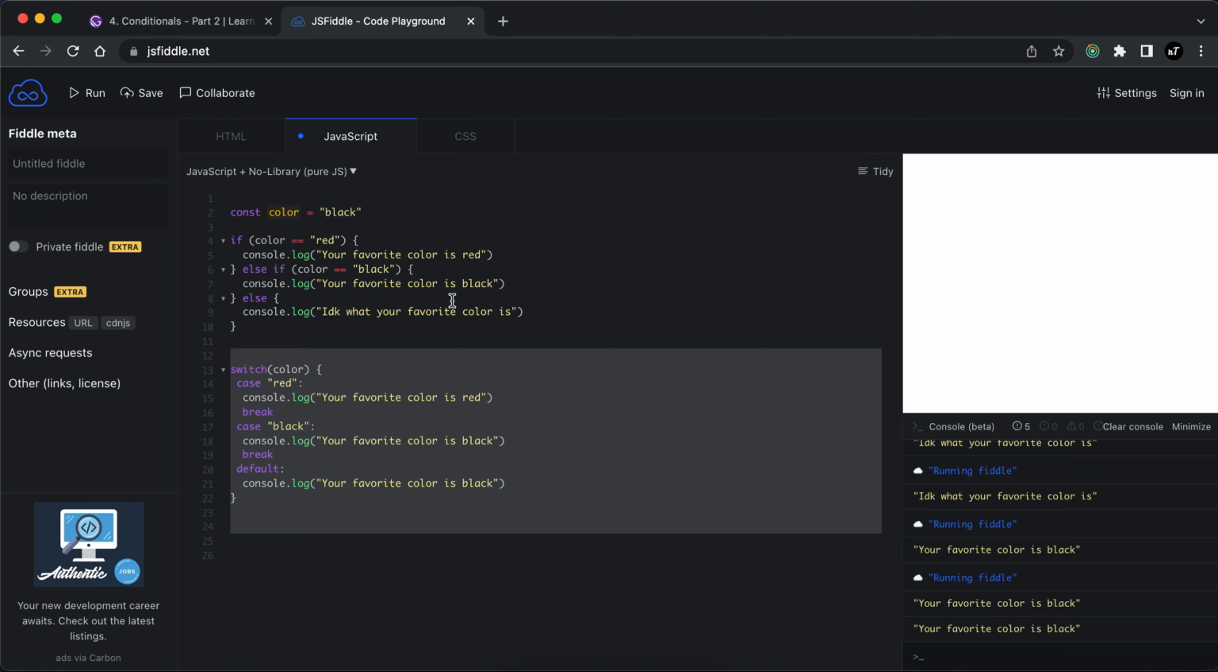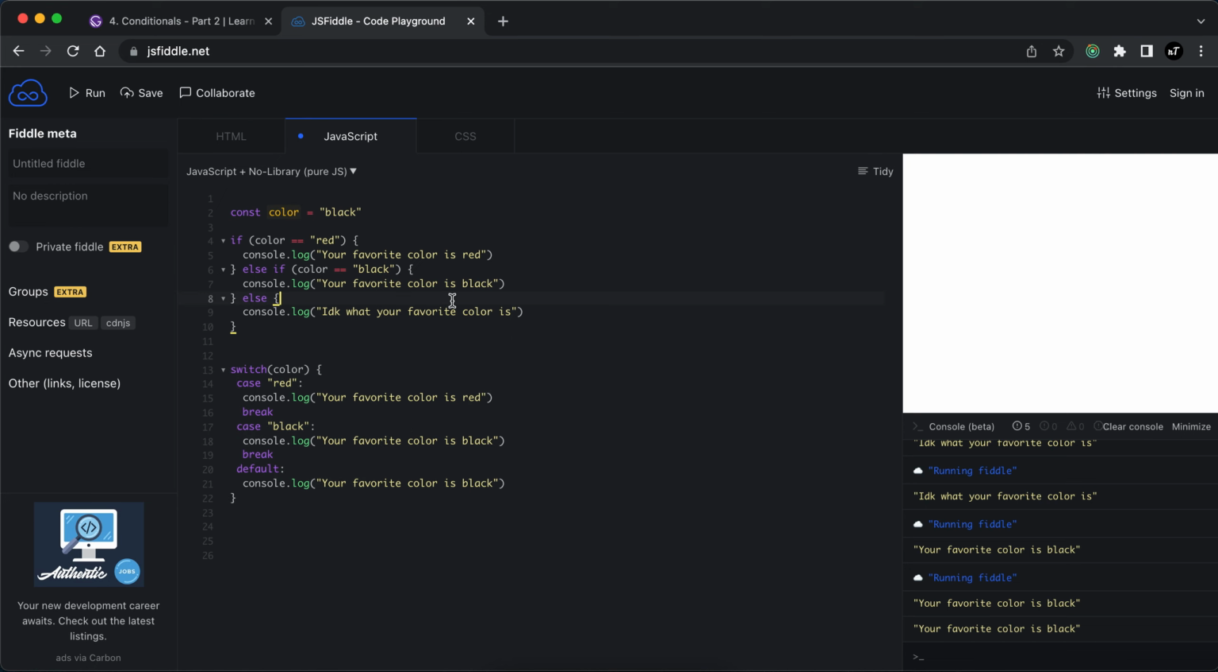One thing to note here is that you may have a question: what if we didn't include the breaks? This is a common mistake that people make. The break statement is not required. When you're using a switch statement, you don't have to have a break statement in your cases, but the way your code executes might behave unexpectedly. So what I mean is that